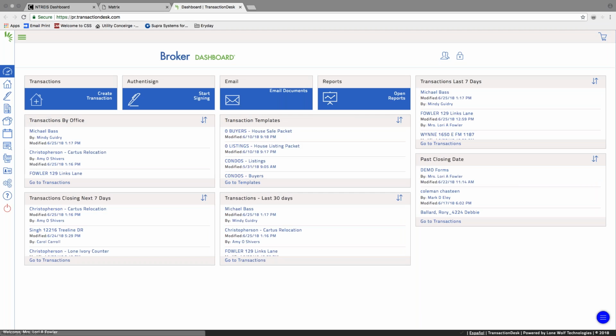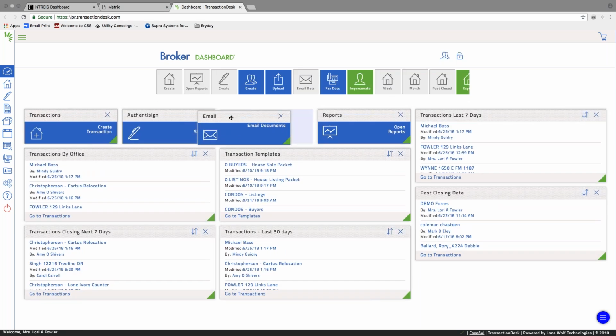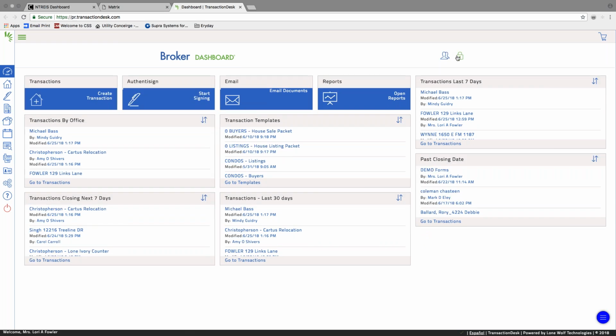And now you'll have a dashboard that has several of these boxes, and all of these can be reorganized by clicking this little unlock dashboard here. If I click this lock, then I can move these things around. Once I get them placed in the direction and the order that I want them in, I hit the lock button again, and now they're frozen so that when I go onto my iPad, they'll be in the same exact